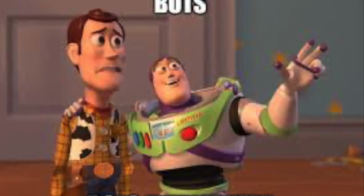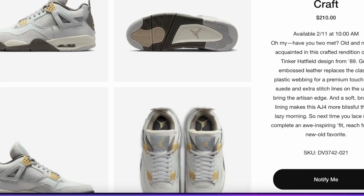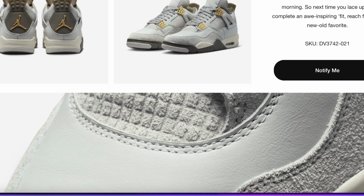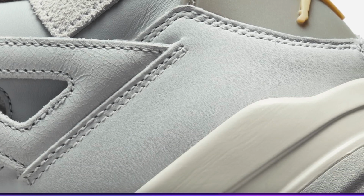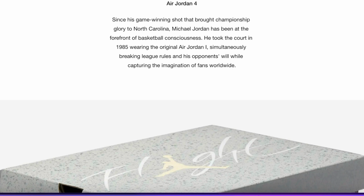First and foremost, the Craft 4s. How did you guys do on the Craft 4s? Were you able to cop multiple pairs, actually cop the pair that you want, or did you strike out? From what I'm hearing, just based off everybody that talks in my Discord, everybody who's on Twitter, there was very limited bot success on this particular drop,